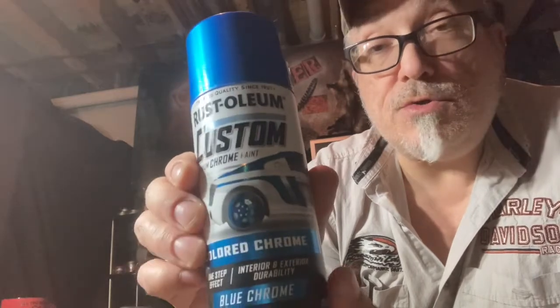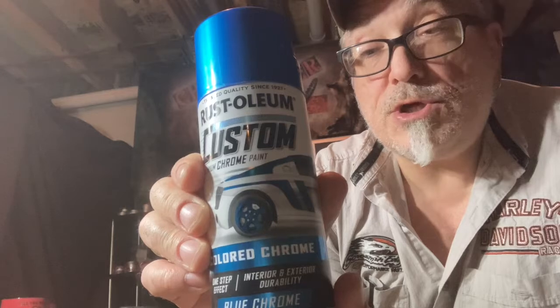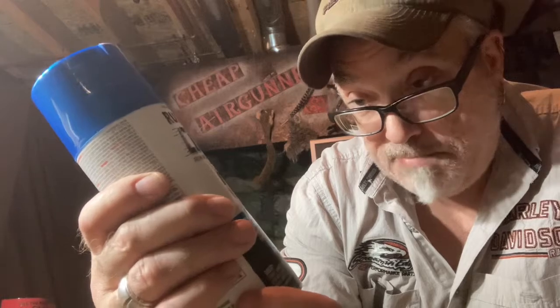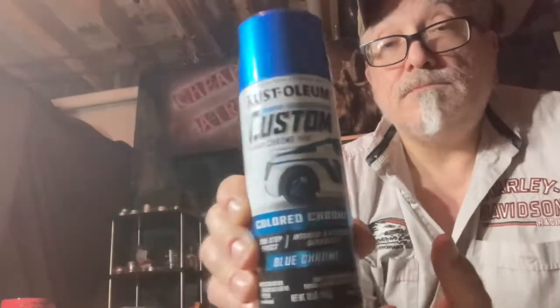Again, this was used for the power adjuster, it was used for the trigger shoe, it was used for the stock. I don't know if this is a new product by Rust-Oleum or it's something that's been around that I just haven't heard of, but it is Rust-Oleum Custom Premium Chrome Paint. Colored chrome, and the color of this is blue chrome. So,